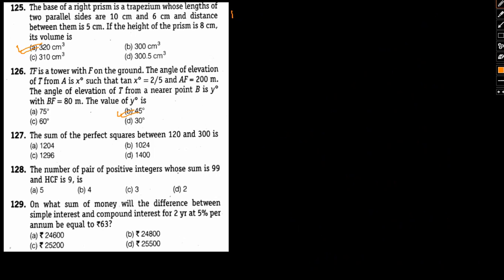So question 127: the sum of perfect squares between 120 and 300 is, okay, perfect square. So we have 120 and we have 300. What are the perfect squares that lie between them? We have 11 square 121, 12 square 144, 13 square 169, 14 square